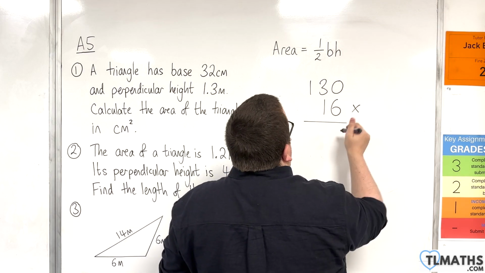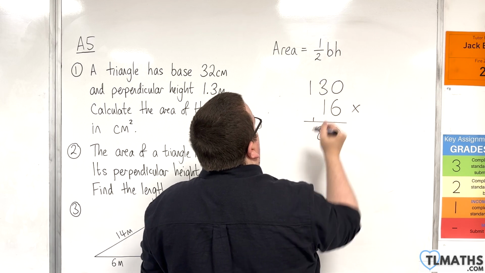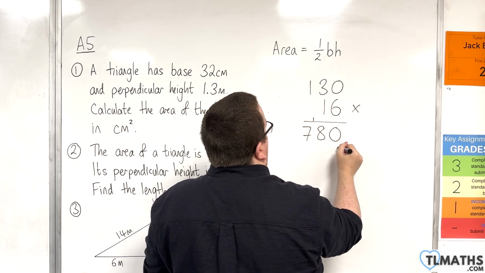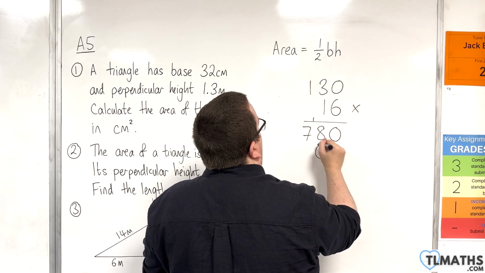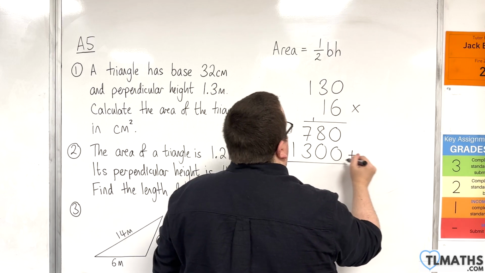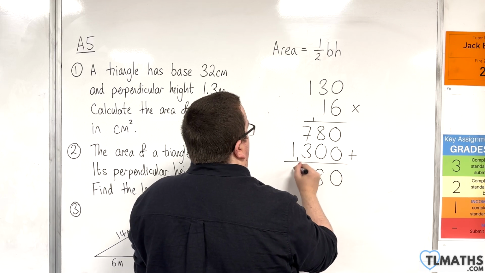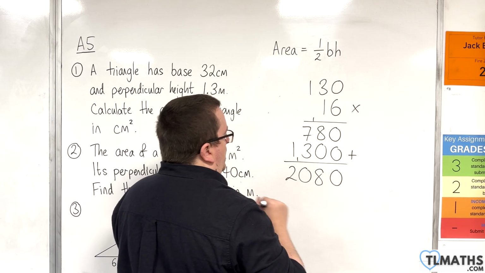So 6 times 0, 6 times 3 is 18, 1 times 6 plus the 1 is 7, bring in a 0, 1 times 0, 1 times 3, 1 times 1, add those together, we get 0, 8, 10, 2,